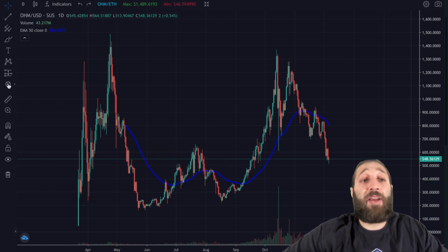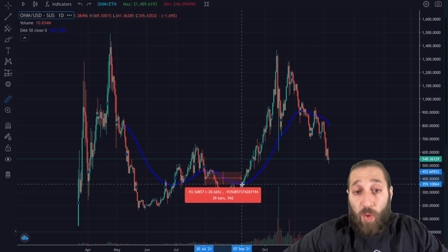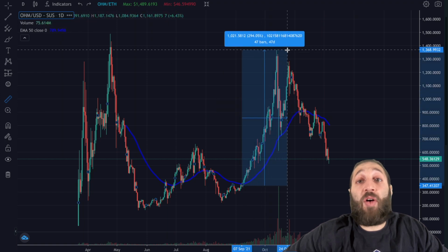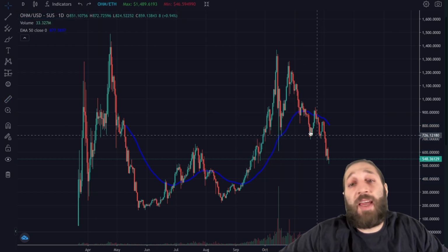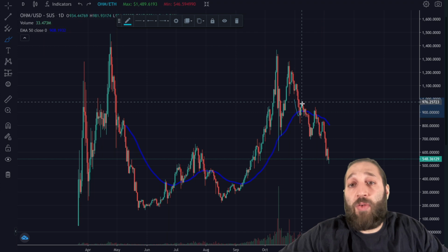If you got out here, you would have saved approximately 20% instead of just bag holding. And then if you bought, this was a huge move. If you bought on the break, it moved all the way up 300% pretty much. And if you sold it just on the break of the moving average to the downside, you would have been up 155%. And you can see that these moving averages are very well respected,